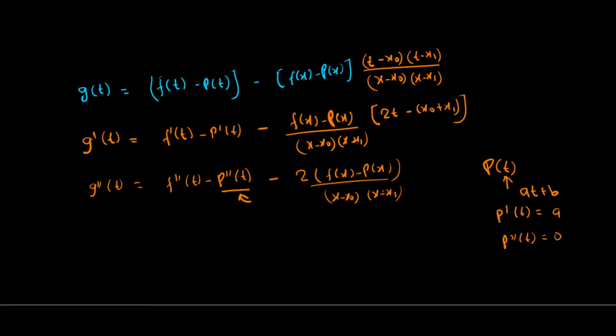And the logic that will be used is, we do have value t is equal to a, for which g double dash of t is equal to 0. That simply means putting value of t is equal to a, this term will be 0, and that simply means f double dash of a minus this term will be equal to 0. So moving this to my left hand side, f double dash of a is equal to 2 times f of a minus p of a upon